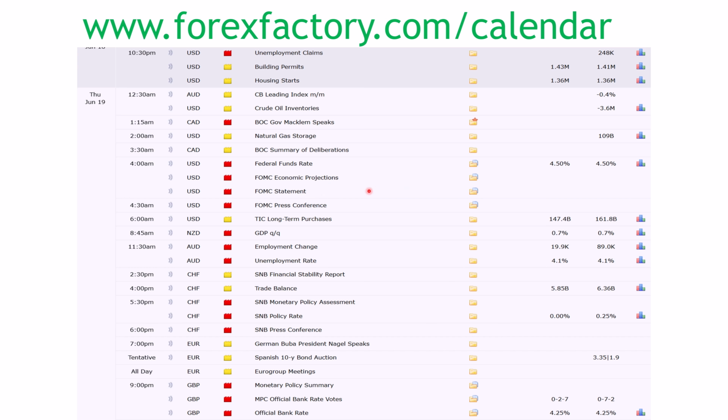Now, what will often happen is if the interest rate changes unexpectedly, that can move the market immediately. If it doesn't, people start reading the projections and the statement, and it takes time. So there's a bit of a delay before you see a move in the market there. If nothing happens there, you'll often see at 4:30 or 5 or 10 minutes after that, during the press conference, a question gets asked, the market seems to get the answer they want, and boom, off the market goes.